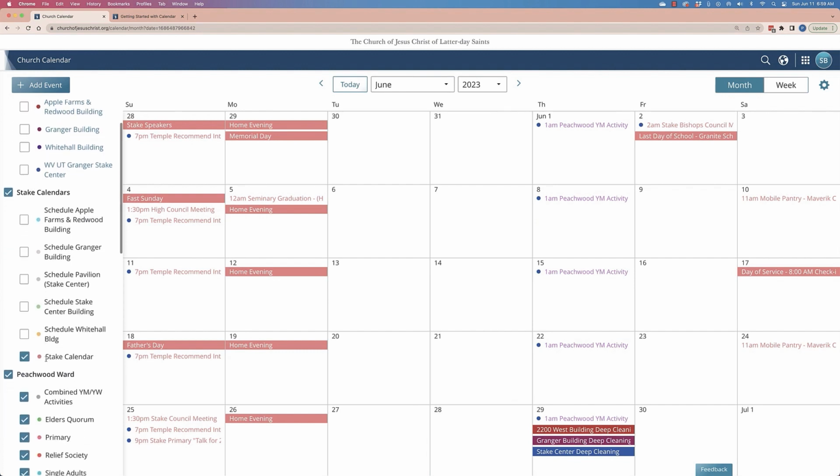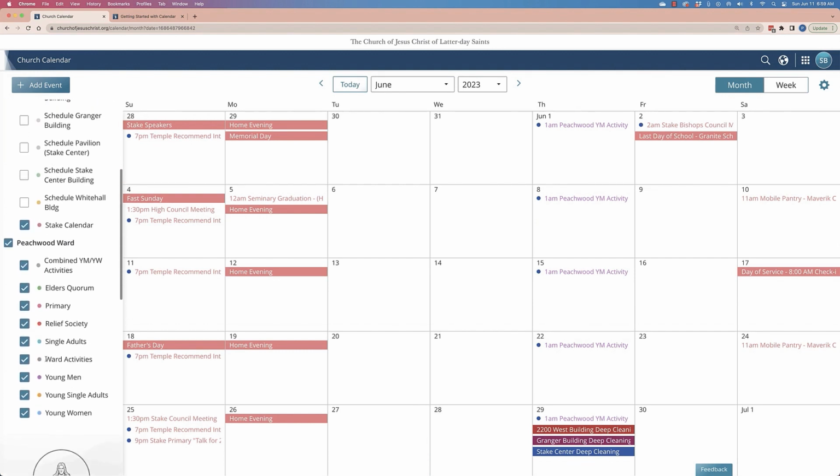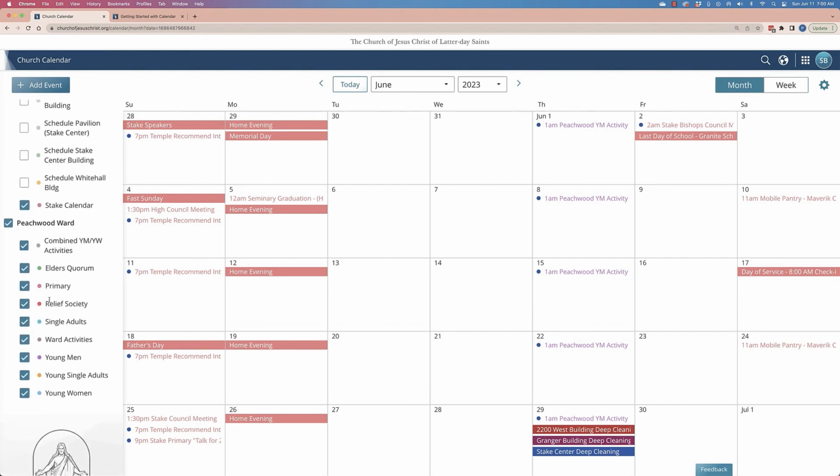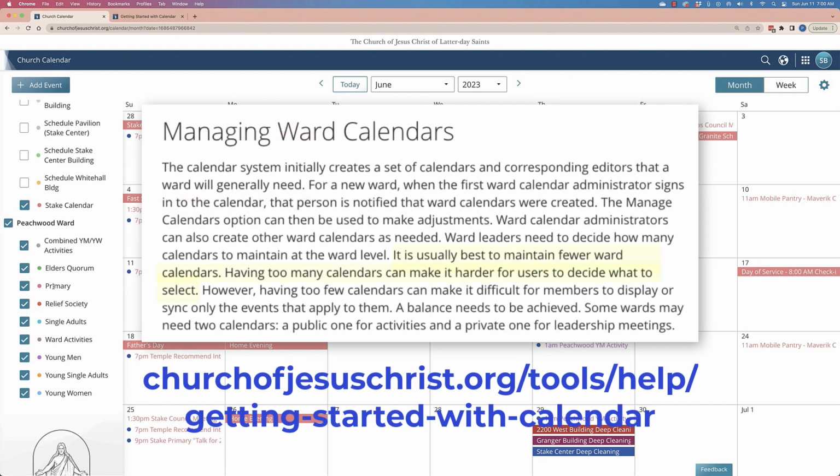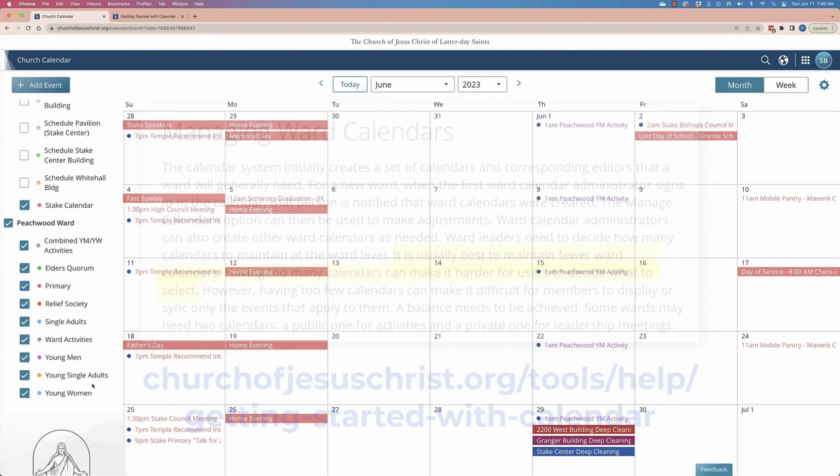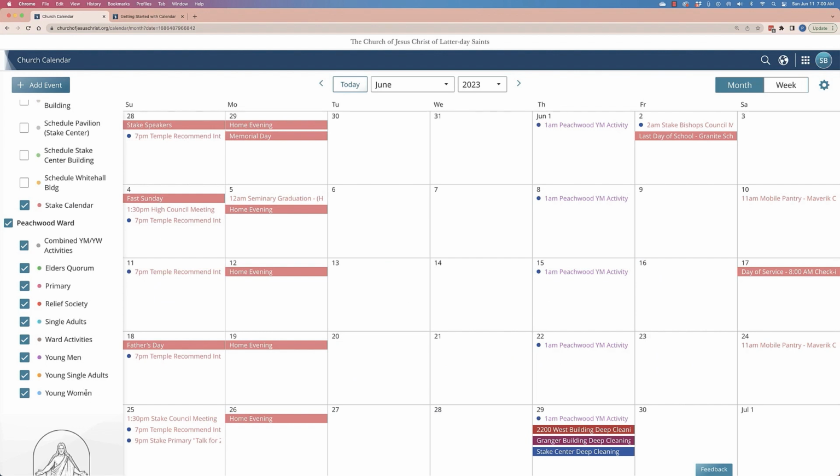Now let's browse down the list of calendars, and let's take a look at the ward calendar options. Again, as I understand it, the church recommends creating and using as few calendars as possible. But 10 or even 20 or 25 years ago, ward leaders created several calendars, and those have remained in the system. So again, it's likely that ward leaders may choose to delete some of these ward calendars in the near